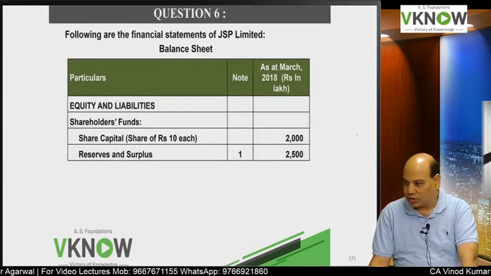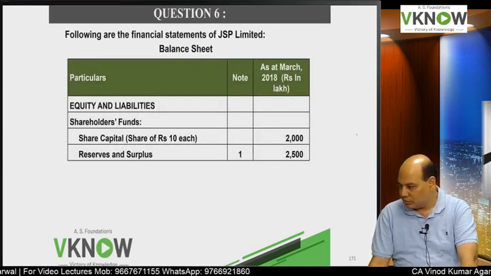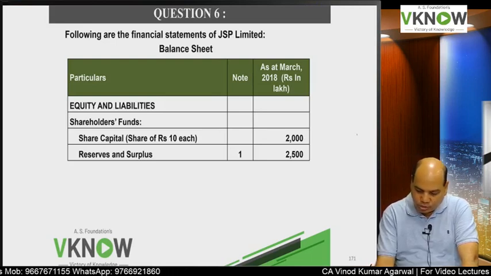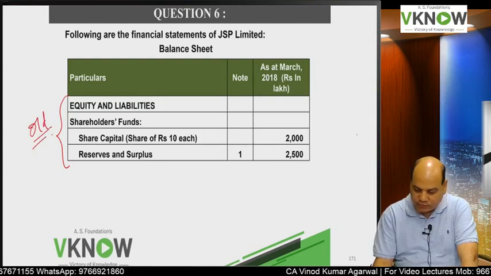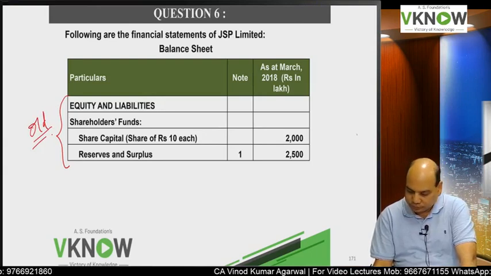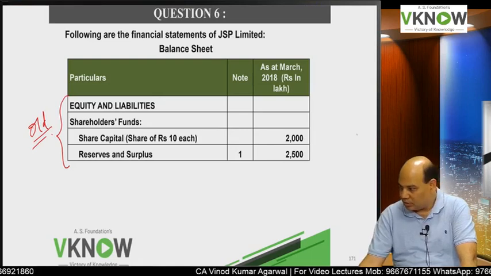Following are the financial statements of JSP Limited. Balance sheet: share capital, reserve and surplus. This is the old format. And if a company is following Ind AS, then it can't start with equity and liabilities. It has to start with assets. Okay. So share capital, reserve,